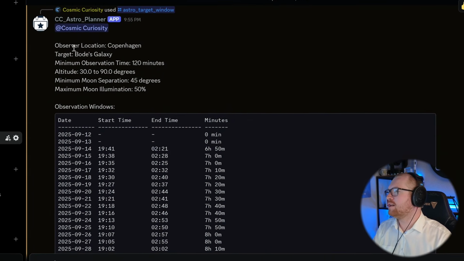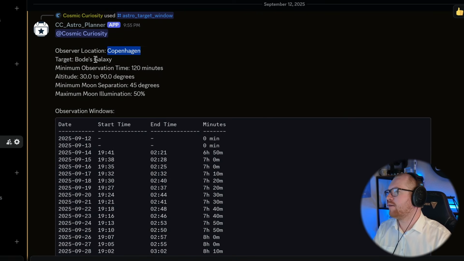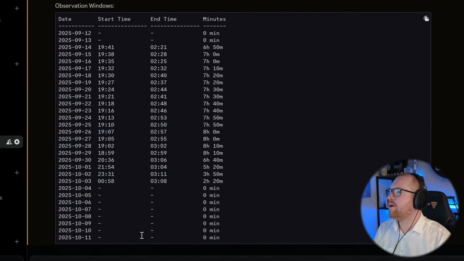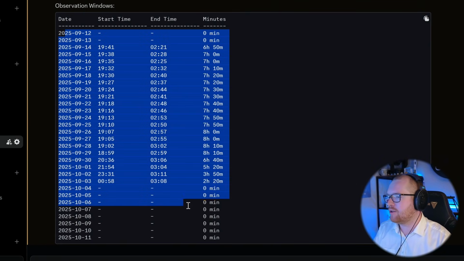We can now see here, we have Copenhagen, Denmark. We have Boats Galaxy. I should actually make it print the coordinates, like GPS coordinates too. Maybe. I don't know. We have the observation. This is basically all the input we gave it, and then it outputs this table where I can now see for the given target, in the next month, it's calculating forward